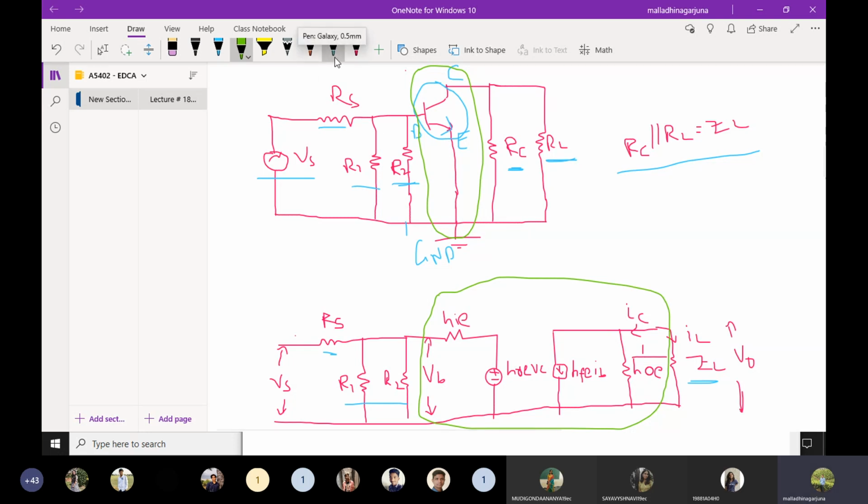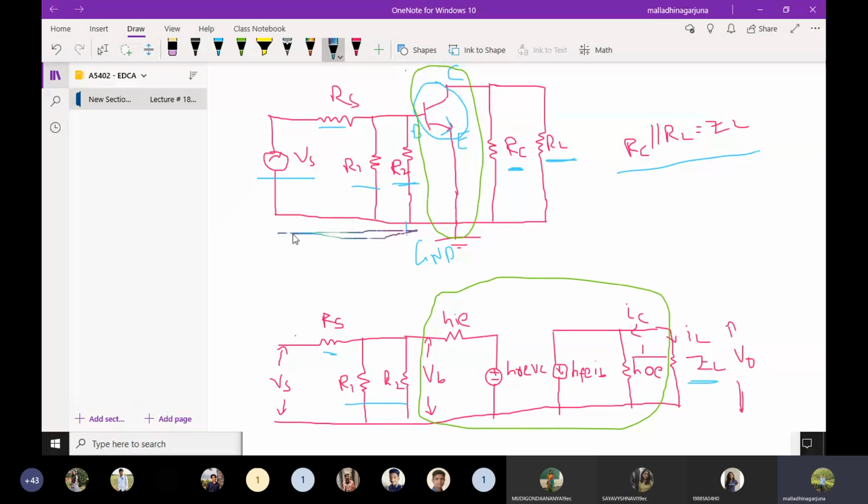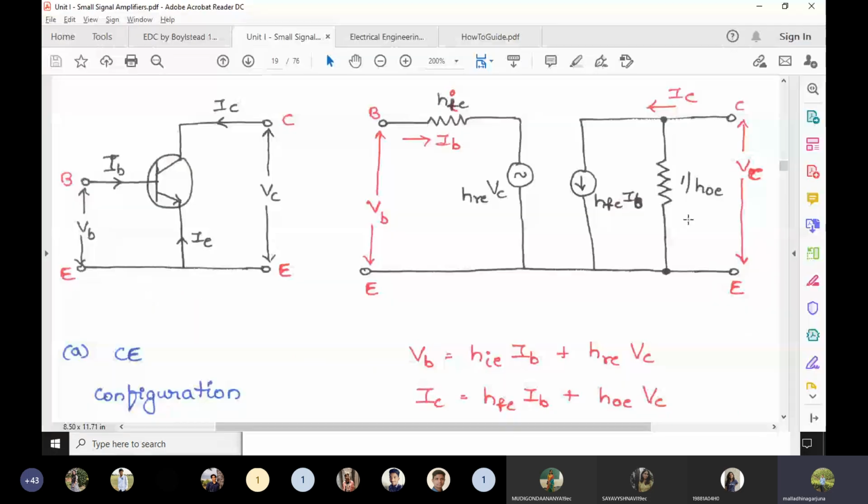So if you see, this portion is the same here, and this portion is the same. Only thing is, here two resistors are there, and in the place of the two resistors I'm just taking ZL. Only what I'm doing is replacing the transistor with the H parameter model. I already showed you the H parameter model in the previous slide, and in the previous class also we drew it. We saw that H parameter model and its H parameter equations. Is it clear? So this is the H parameter model of the CE amplifier.